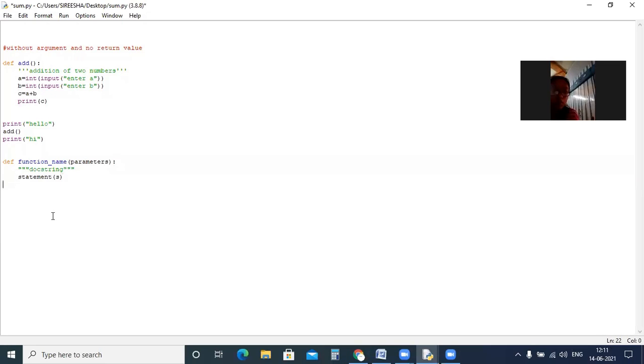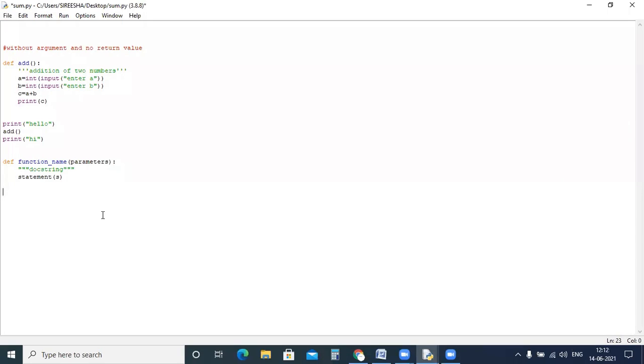Now, before proceeding further, we will see how to give a function name. Do we have any rules for defining a function name or not? We will see. What are the rules for an identifier or a variable normally? The same rules apply for the function name also. When you are giving a name to a function, we should follow some rules. So whatever the rules we have for naming an identifier or a variable, the same rules will be applied for the function name also. So what are the rules we have?